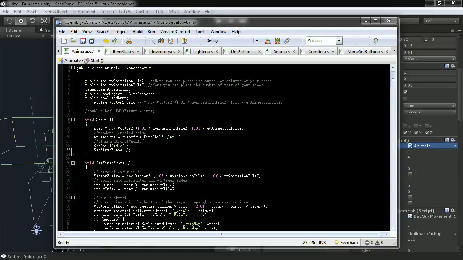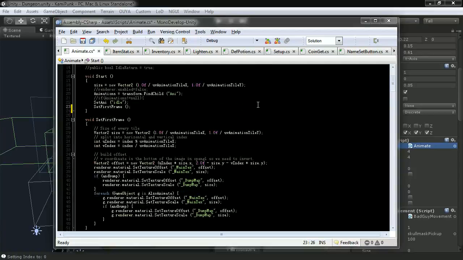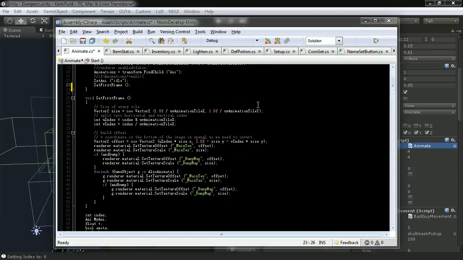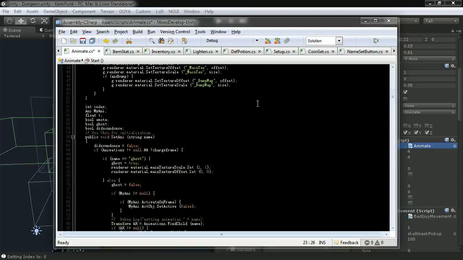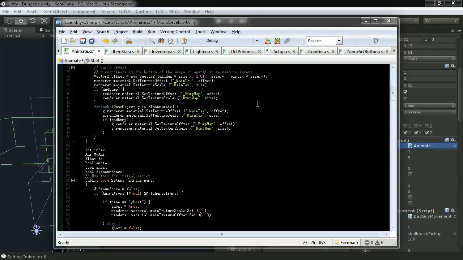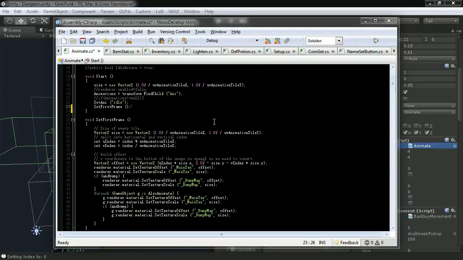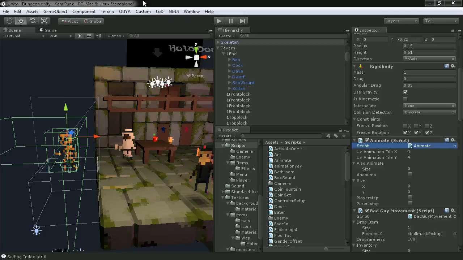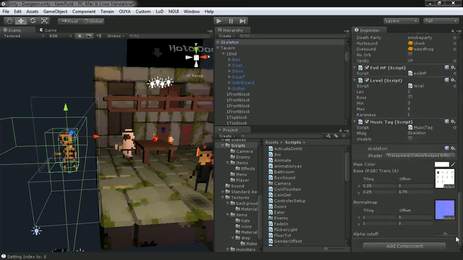I took some of this code from some publicly available tile animation code, but I've added a bunch of stuff for Legend of Dungeon. Man, how do I go about explaining this? So the basis of it is that I have these